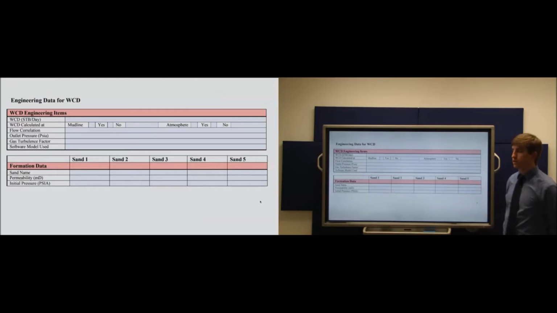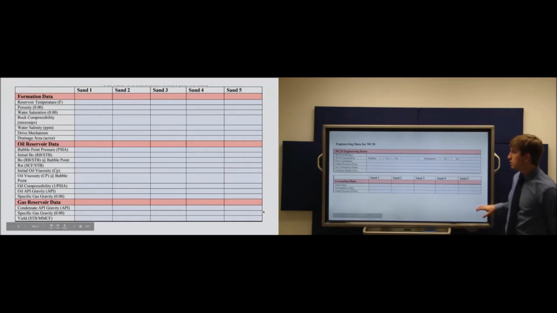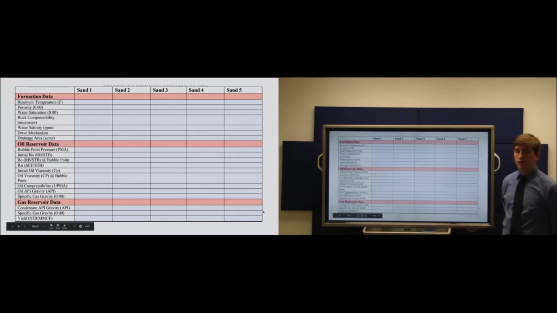And then we get into some of the more engineering data, things like the flow correlation used, different turbulence factors, and then ultimately rock and fluid properties from the various pay sands that you'll be going through. And so here we can see some of the data reporting for the various pay sands, different rock and fluid